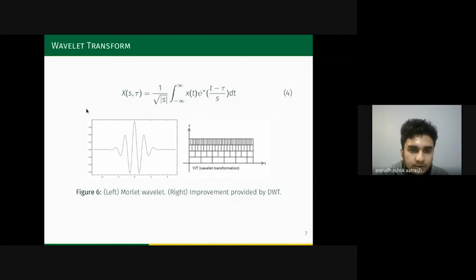To explain it in a very simple way, the wavelet transform is a method of representing a signal using wavelets such as the one in figure 6. These wavelets are time shifted and compressed or dilated. These actions allow you to represent the signal with varying levels of frequency and time resolution.